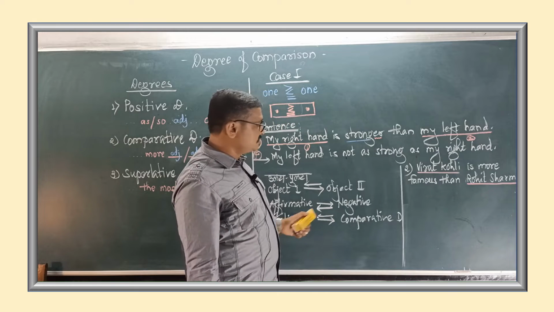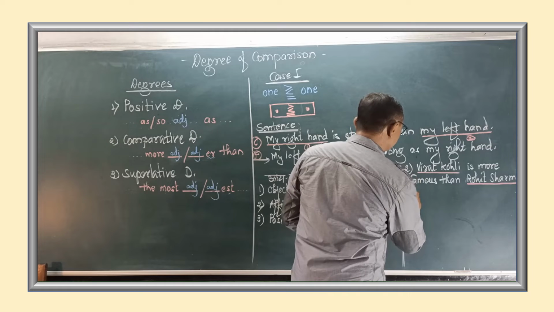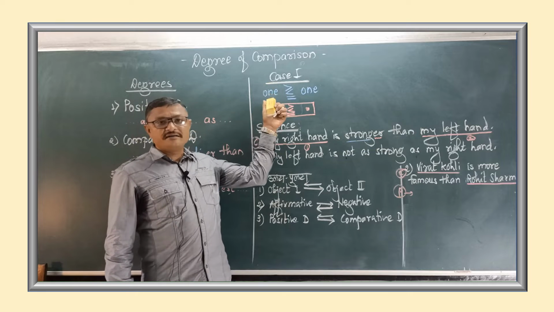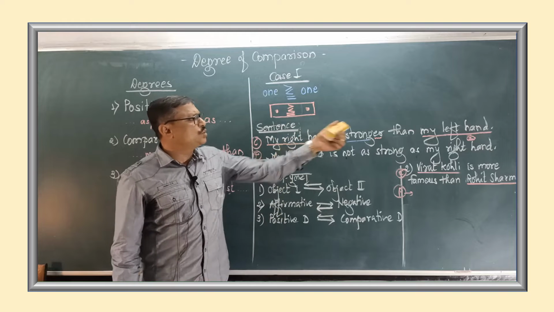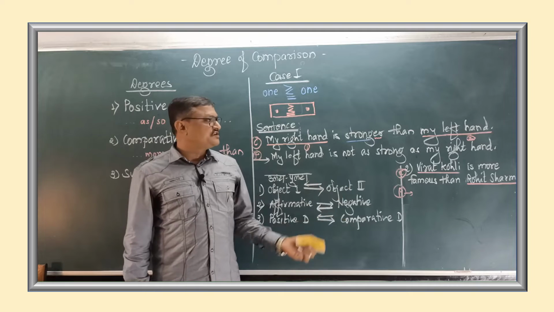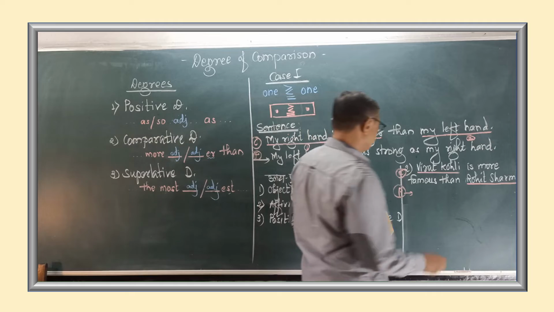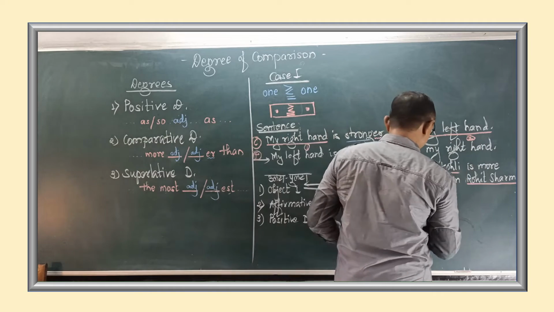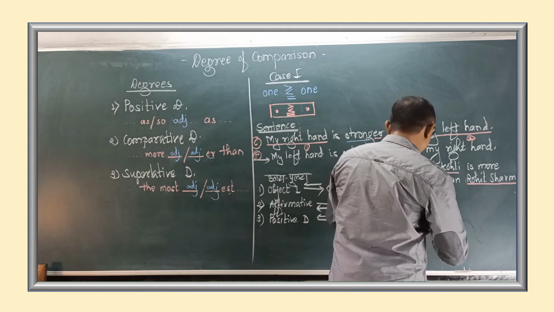Do use this rule. Once again you are given comparative degree, you'll change it into positive degree, and keep it in mind that for case number 1, you can't change the sentence into superlative degree because only two objects are compared with each other. When there are more than two objects, in that case only superlative degree sentences can be formed. Here, for the positive degree, you'll change the sequence of the objects. Rohit Sharma will come in the beginning of the sentence.